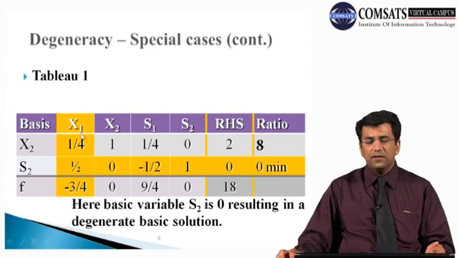So this will be our pivot column, and again we'll have to identify and calculate the ratios by dividing the right hand side values in this particular column by the corresponding pivot column values. We have the two ratios, that is 8 and 0. 0 is again the minimum value, and we can always take it as the pivot row. So 1/2 will be our pivot number, and again our entering variable and our leaving variable will be x1 and s2 respectively.